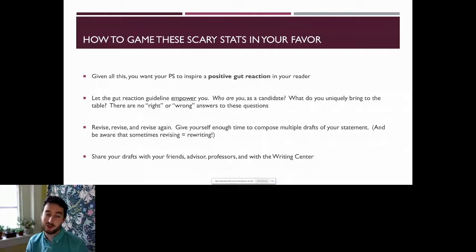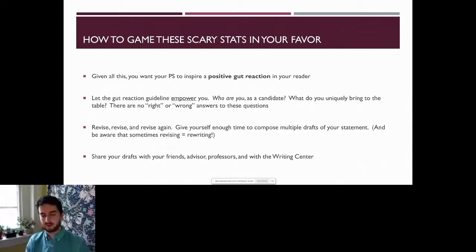Of course, your friends can probably give you excellent advice, but your friends also have a certain intimacy and familiarity with you. So when they read your document, they're going to maybe hear your voice in their head. They're going to know why you frame things the way you frame them because they know you, right? A Writing Center tutor, for example, will be able to maybe see things that even your